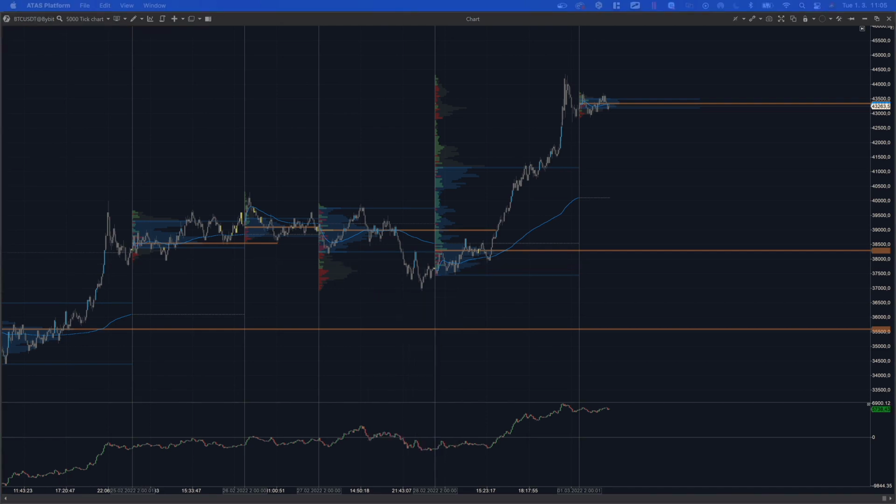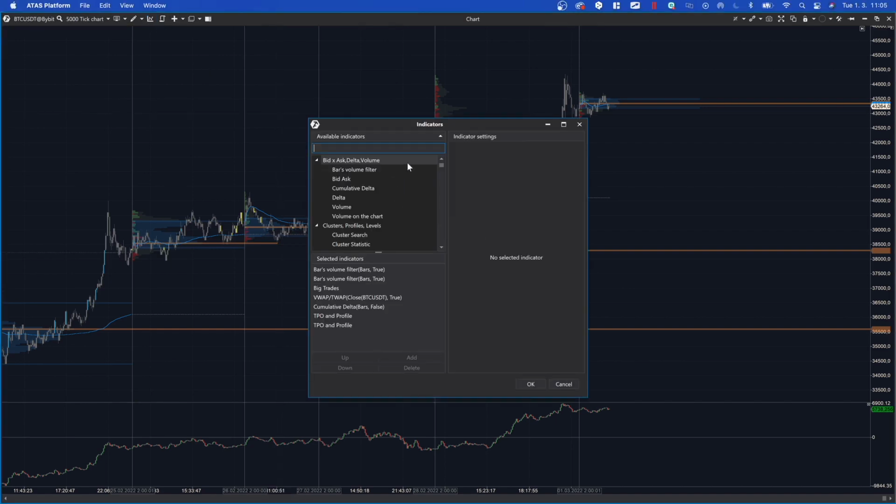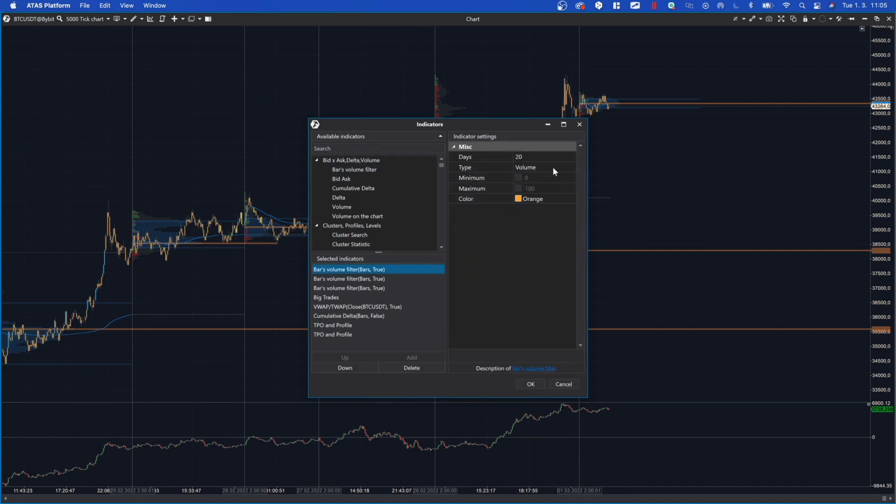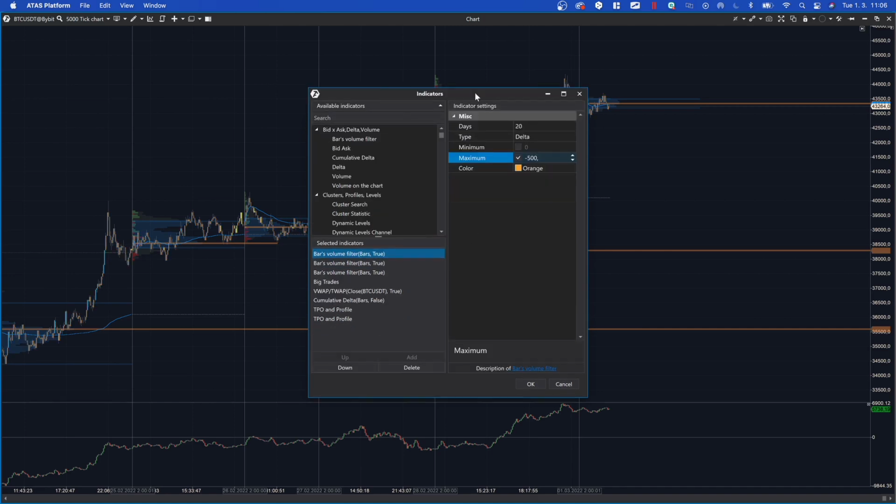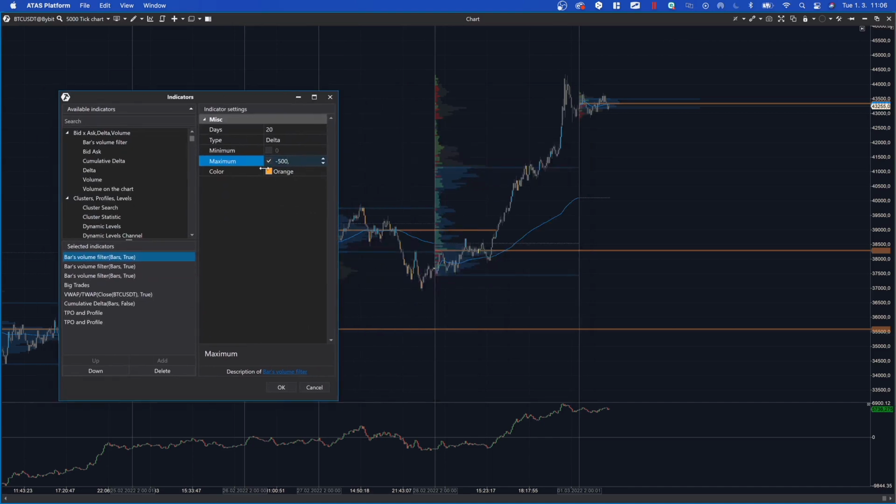The next thing we need to do is add the opposite delta. So we're going to go to indicators in here and do this, change this to delta, and now you need to do basically the opposite, and you need to do it like this. Okay, so if this is negative 500 delta